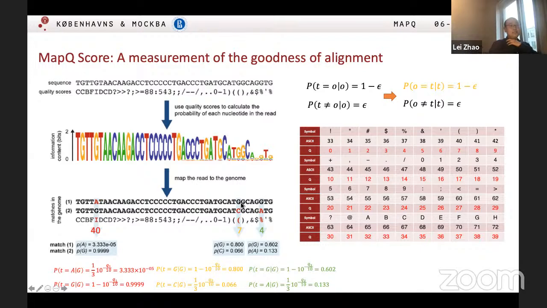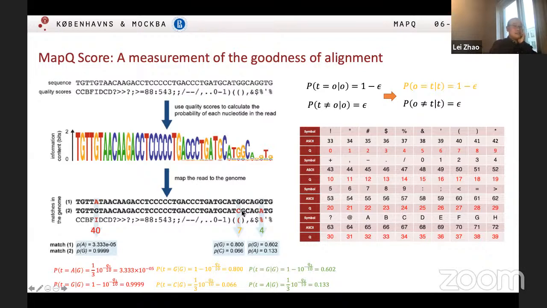For this position, it is a G, and for this position, it is a C. So if the read comes from this position, and we observe a G and the true base is G, the probability is around 0.8, and this other value will be like 0.066. I should remind you about this assumption, because if you are the same as the read, then it is only a G.